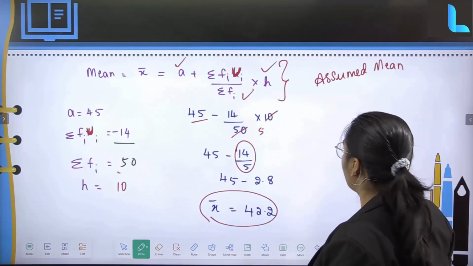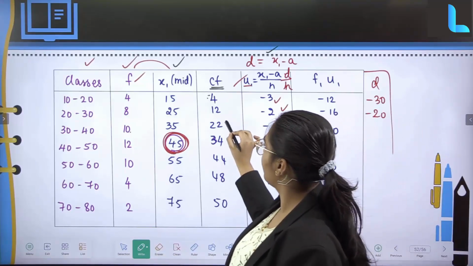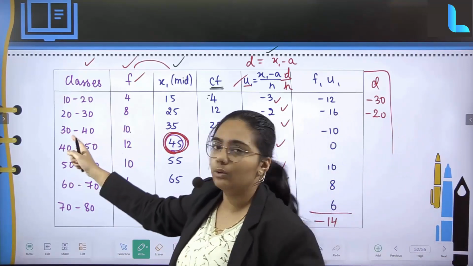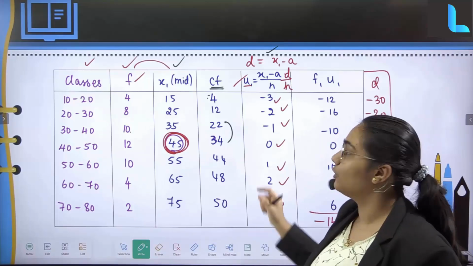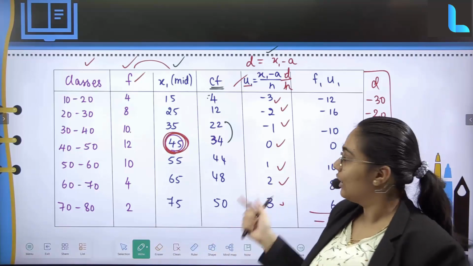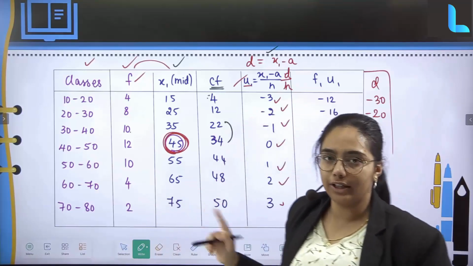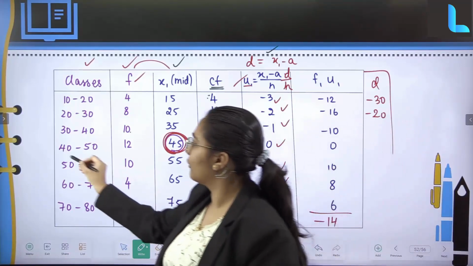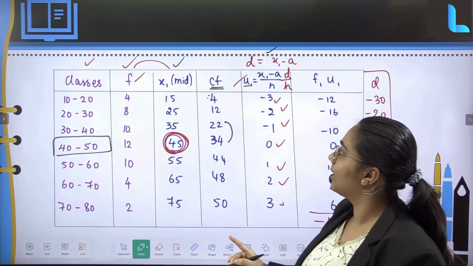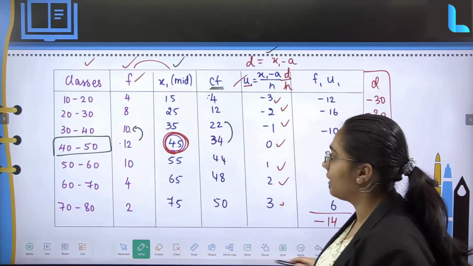Now I'll just go back over here. 25 is the one which is falling over here. See, as I said, 25 is very near to this 22. Should I consider this 22, that is 30 to 40? No. As I said, you always have to go to the next subsequent one, whichever is higher. So the next is going to be 34, and the subsequent to that is going to be 40 to 50. So once I've gotten this 40 to 50, this is going to be my median class. Subsequent to this is going to be my frequency, and here this is going to be my cumulative frequency.